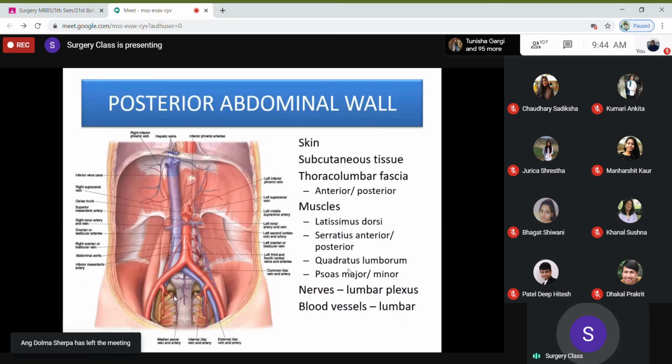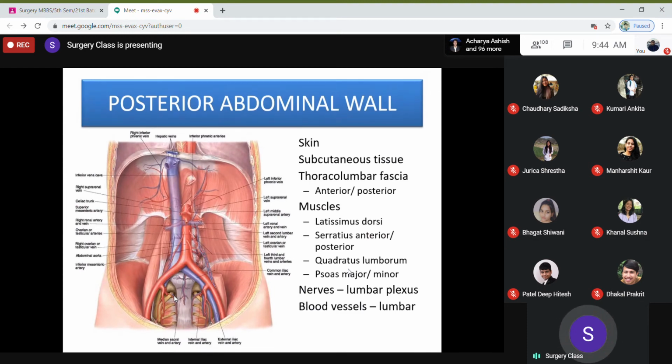Now, if you go internally and posteriorly, we have been talking about the anterior abdominal wall. The posterior is a completely different story. Once you open the skin and soft tissue, you will have a very wide thoracolumbar fascia. They run anterior to posterior. The important muscles covering the posterior abdomen are latissimus dorsi, serratus posterior, quadratus lumborum, psoas major and minor. So these are the five muscles that cover